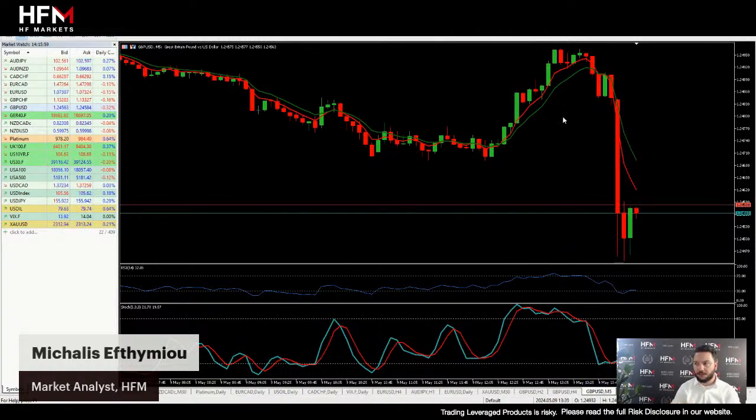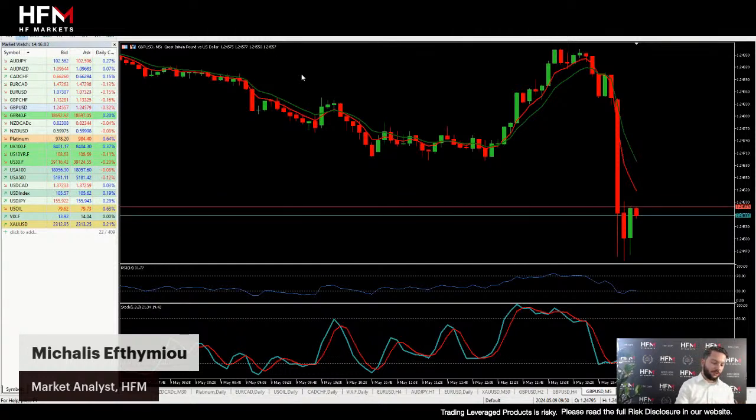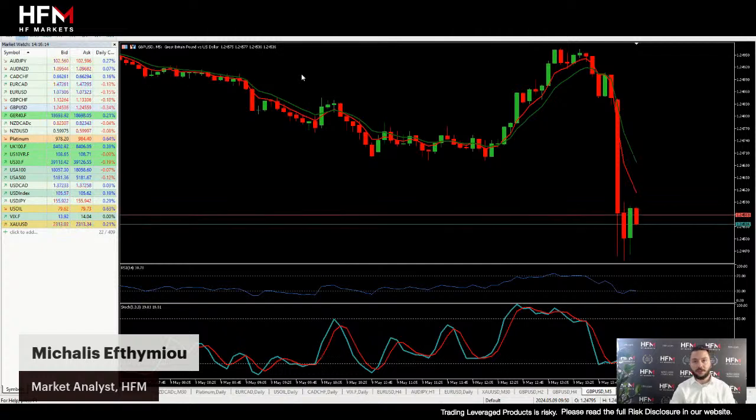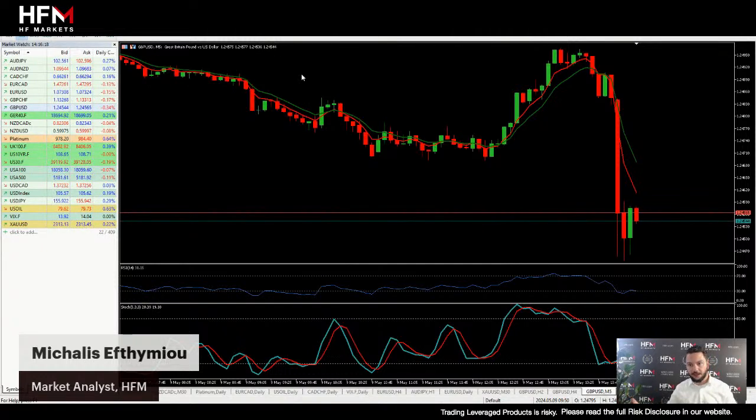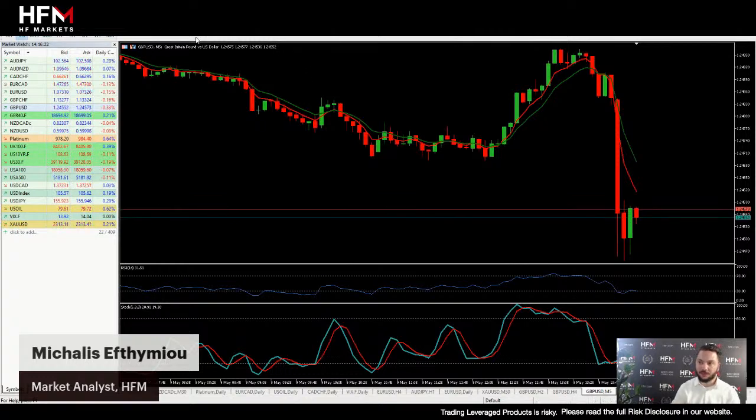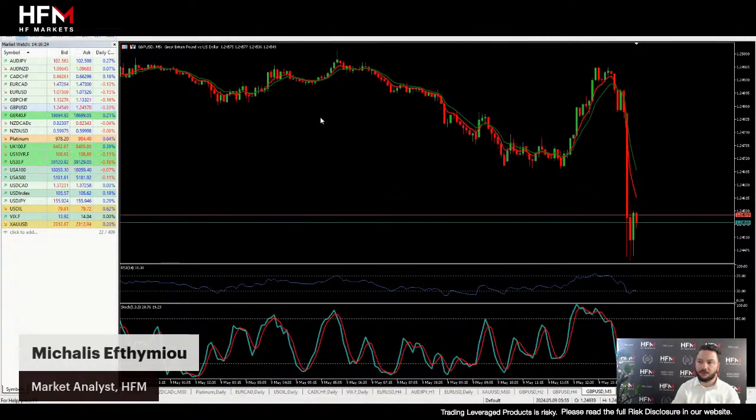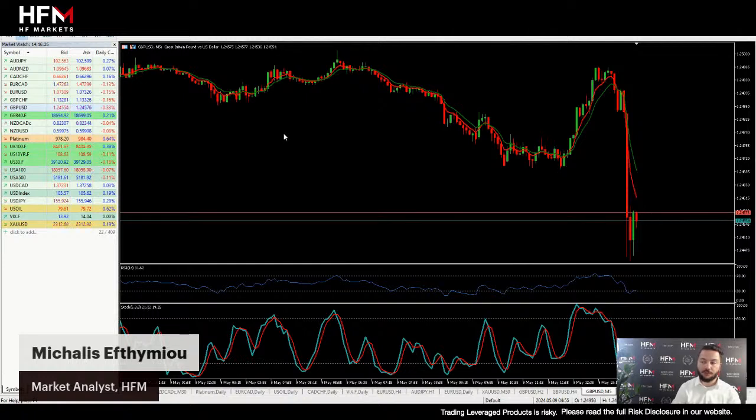What we do want to establish, though, ladies and gentlemen, on the 5 minutes is that we're trading when the momentum is in favor of the downward price movement, and that we're only going to take into consideration speculations and trades pointing and speculating downward price movement, because of course this is what we're getting signals for on the larger term time frame. So ladies and gentlemen, how do we do that?